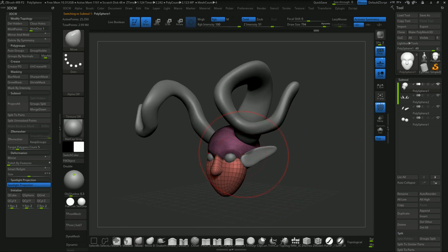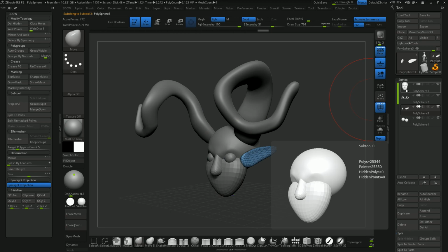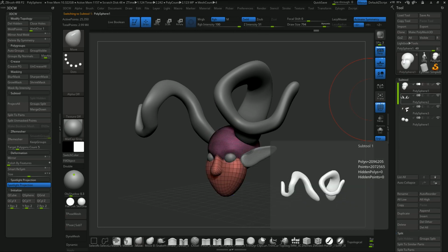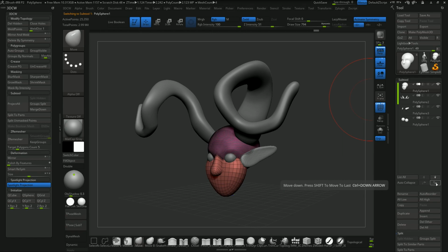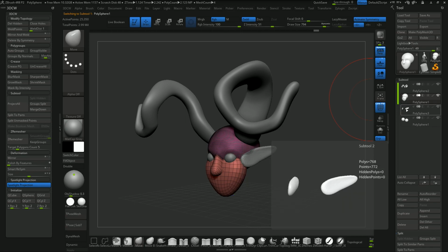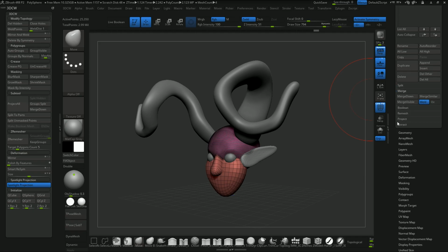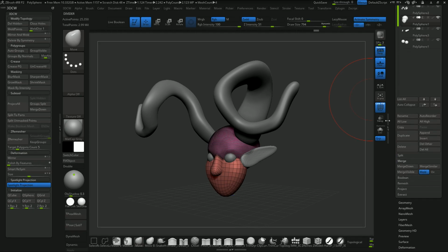Let's say I want the ears back in with this section because I'm happy with those. It needs to be above the section that I want to merge with, or in this case I'm going to bring this one down. So these arrows, this one says shift down, the top one simply selects the next one down, whereas this one, the bottom one, the down and curve, shifts that layer down. It was up here, it's just shifted down. So now that this is directly above the ears, with this layer selected, I can come into merge down, and this will bring this layer into here. So merge down, hit OK. Now I've got all of this layer in the one layer,